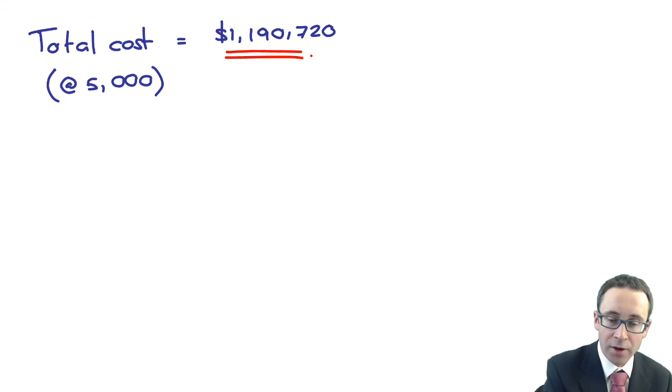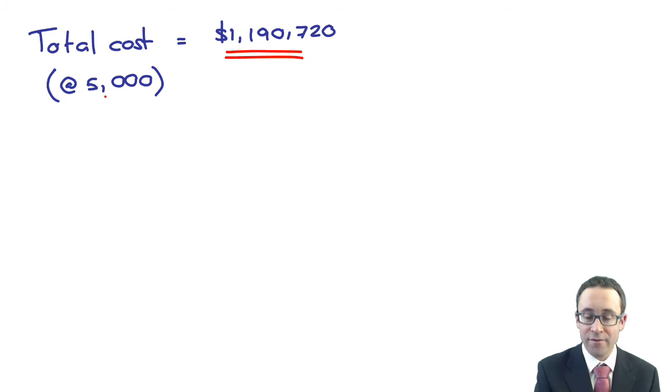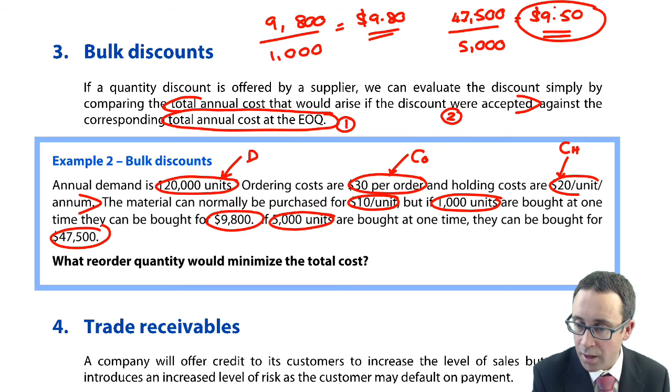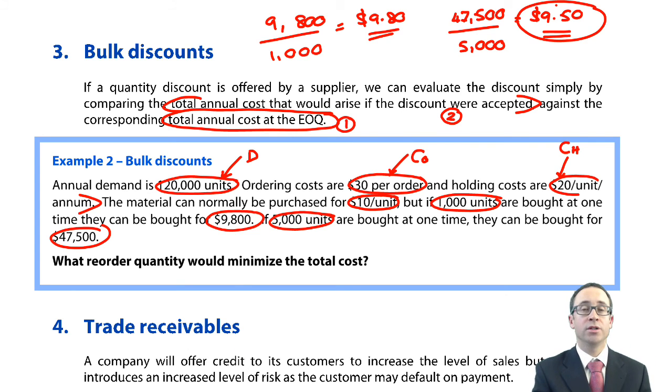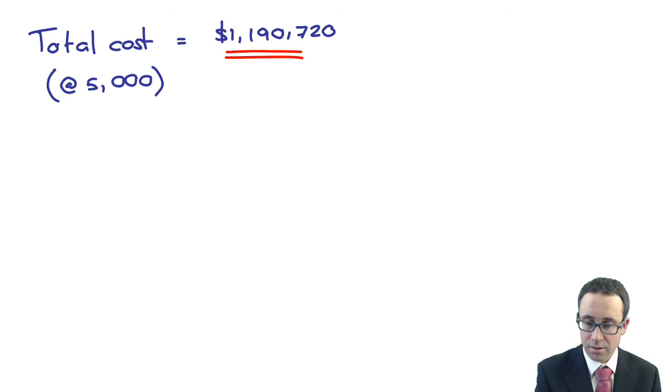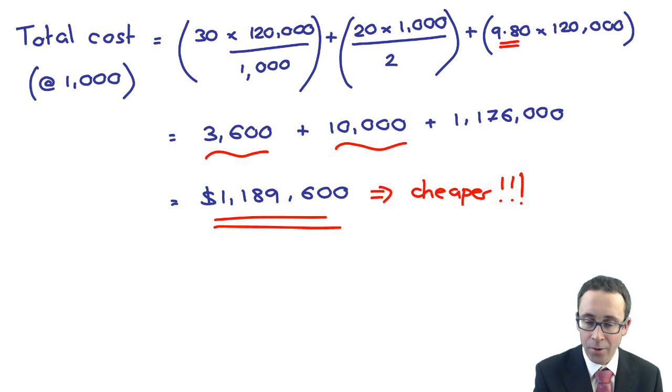Remember, when you buy 5,000 goods per order, your purchase cost drops down to $9.50. But even though you're buying even more goods and getting another reduction in your cost per unit, you should find that not only is the 1,189,600 cheaper than your economic order quantity,